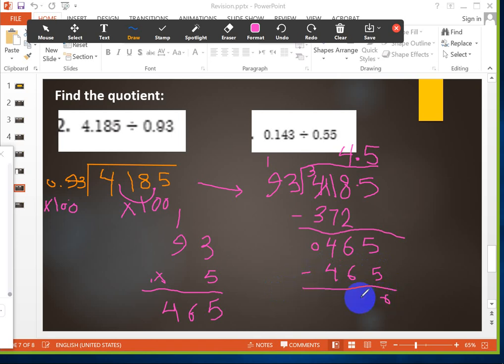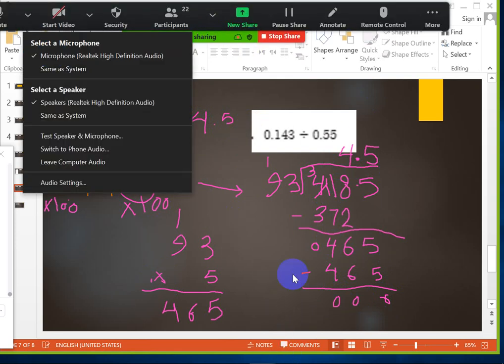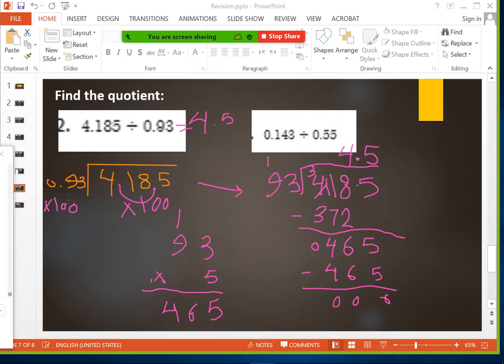So the final answer is what? 4 point, this is the final answer, 4.5. Okay, girls? So this is how I will divide the decimals. Okay, girls, the session